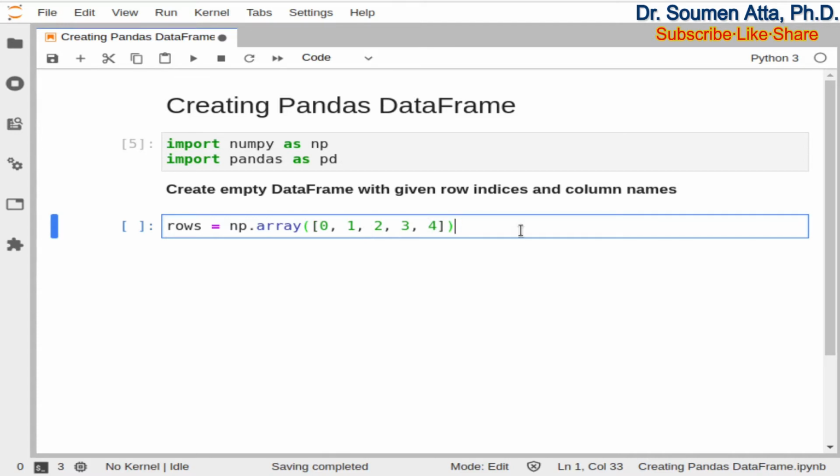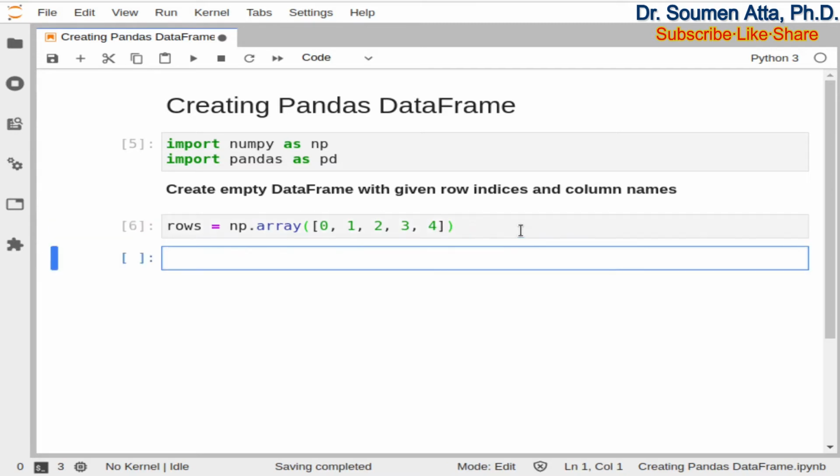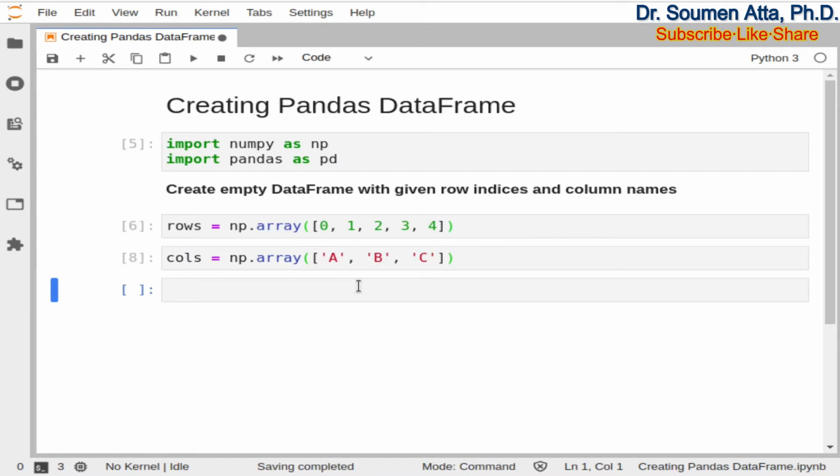The indices may be strings also. And consider the column names are given using a numpy array like this np.array, and consider we have three columns and the column names are a, b and c. Note that here all the column names are strings.